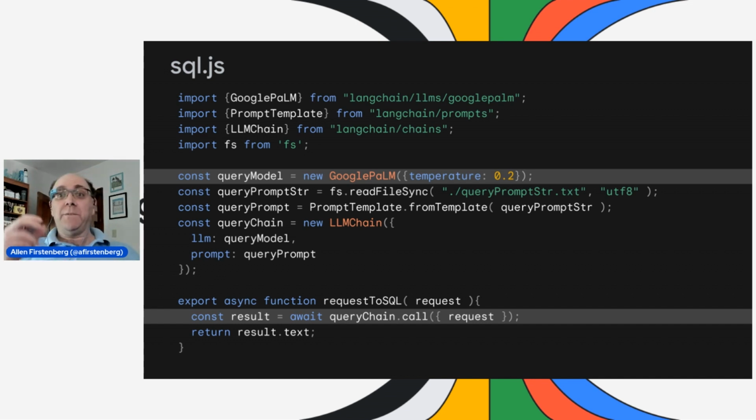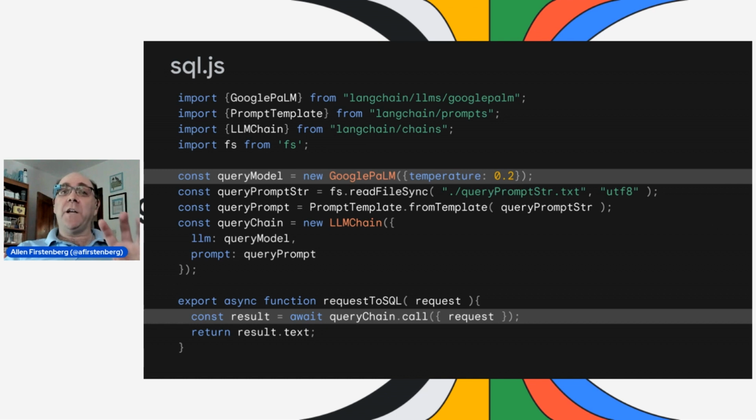What this LLM chain is, is a very simple, straightforward chain that says basically, given the template boilerplate and certain values, apply that to create a prompt, send the prompt to the LLM, get a response. So we've set all of that up so that all we need to do when we call the function with the request is call the chain with that request value and we get a result. And that's it. All of the hard work has been done for us. We're basically just configuring a bunch of stuff.